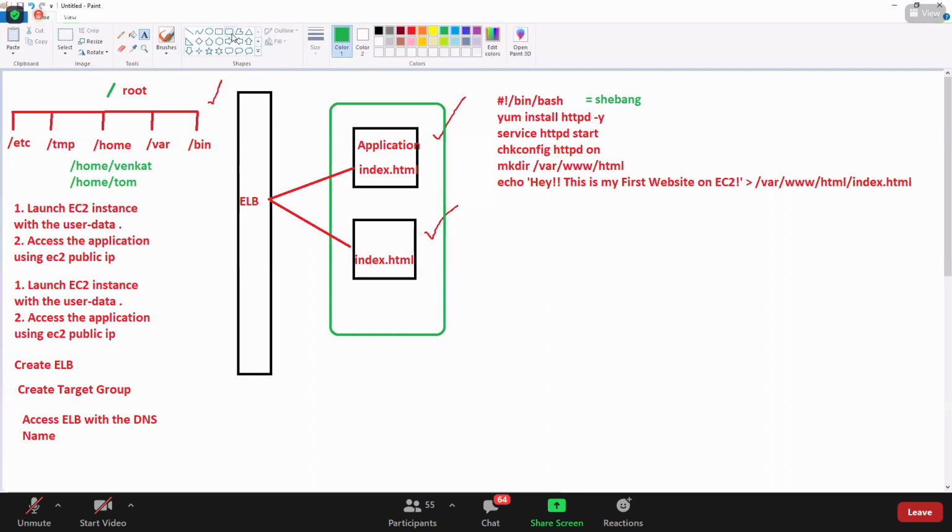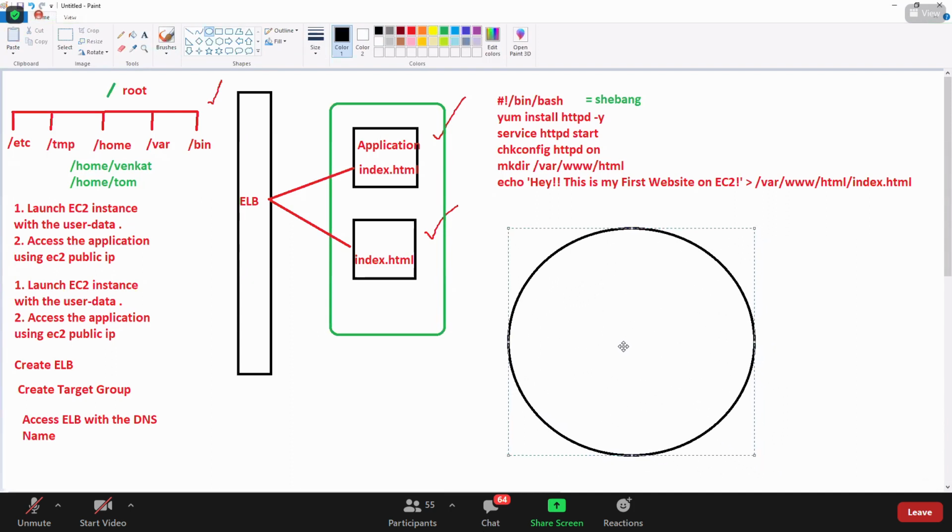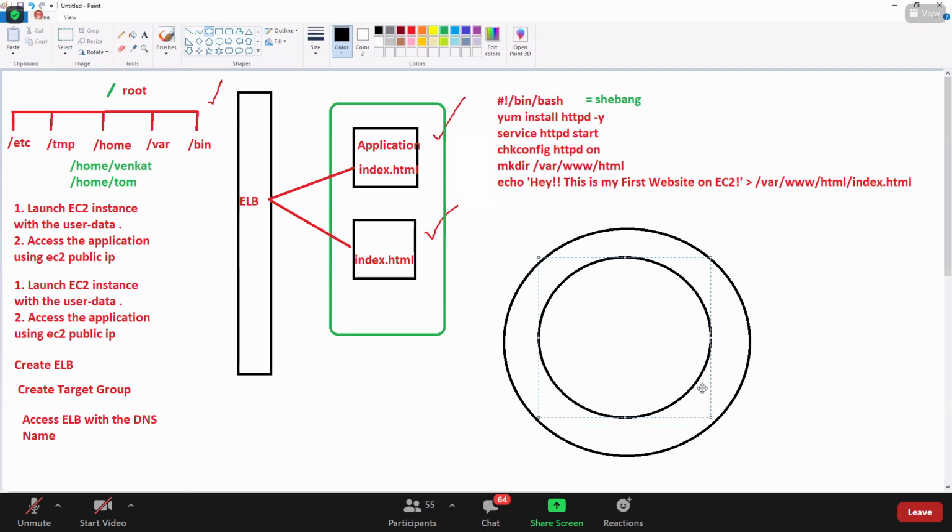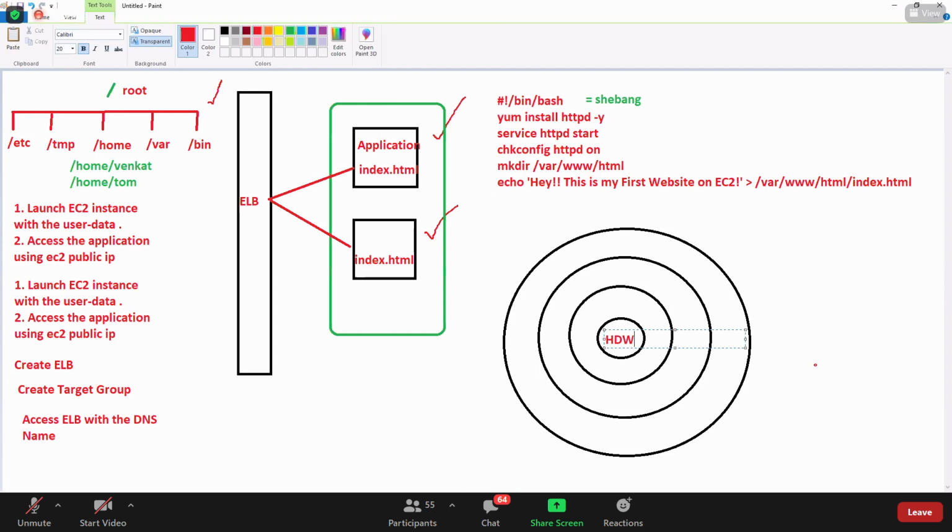So to show you how the architecture of Linux works, here you have the hardware.